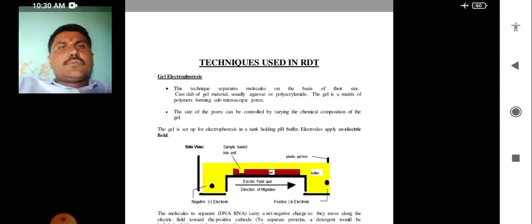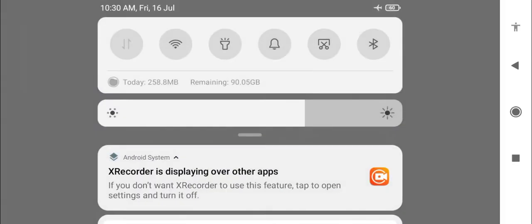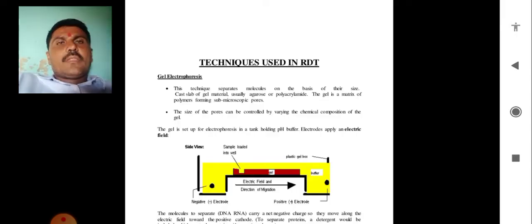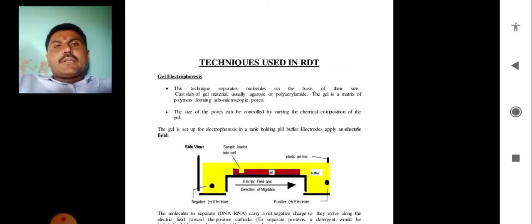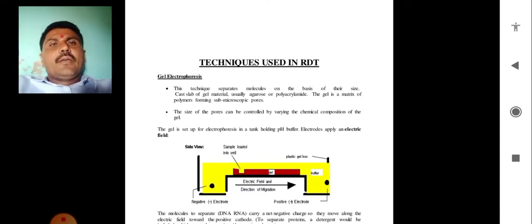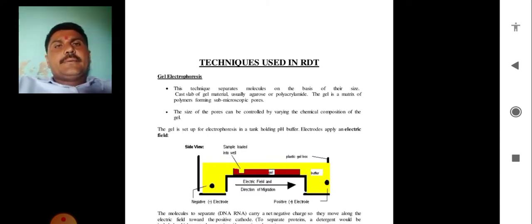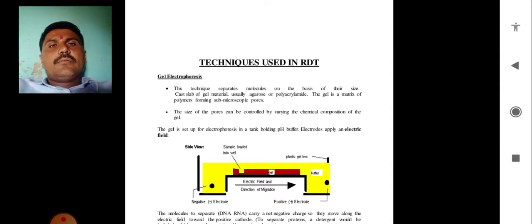Well, today is 16th July, and we are again here to have a talk on our topic, that is DNA biotechnology and its recombinant DNA. Well, in short, we have gone thoroughly over these